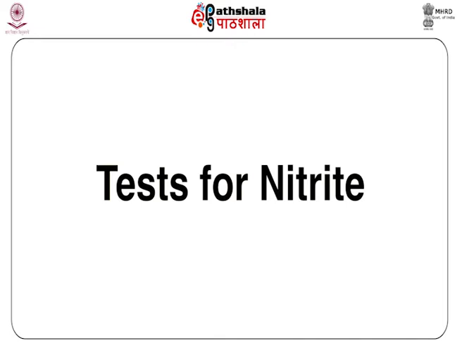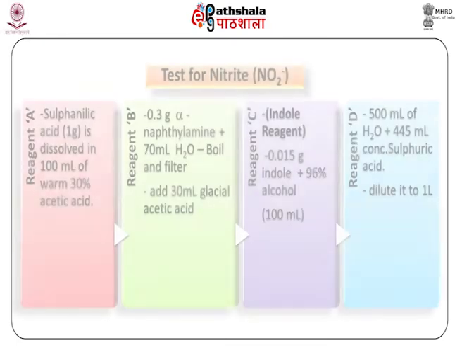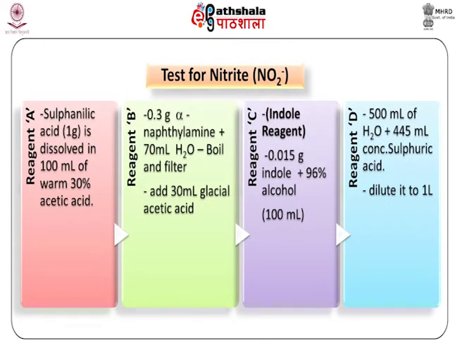Before analyzing the presence of nitrite in post-blast residue, the following four reagents are to be prepared. Reagent A: sulfanilic acid, 1 gram, is dissolved in 100 milliliters of warm 30% acetic acid. Reagent B: take 0.3 grams of alpha-naphthylamine and dissolve it in 70 milliliters of distilled water,